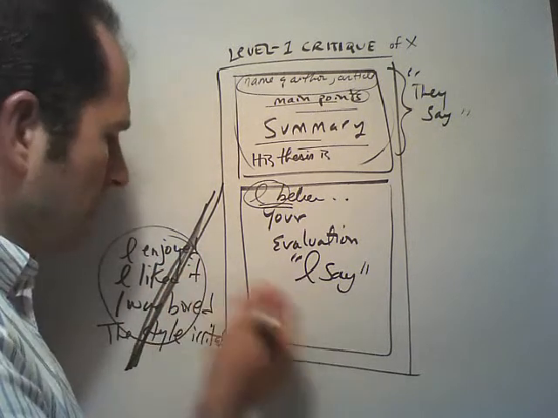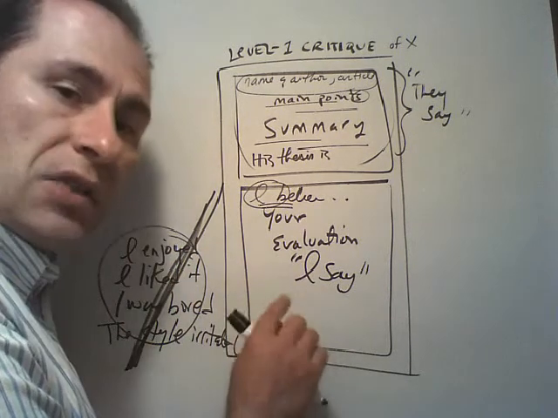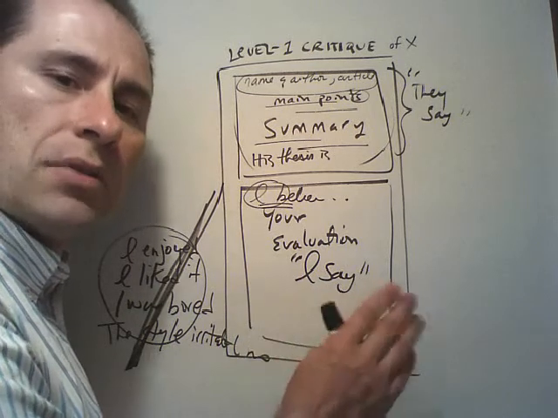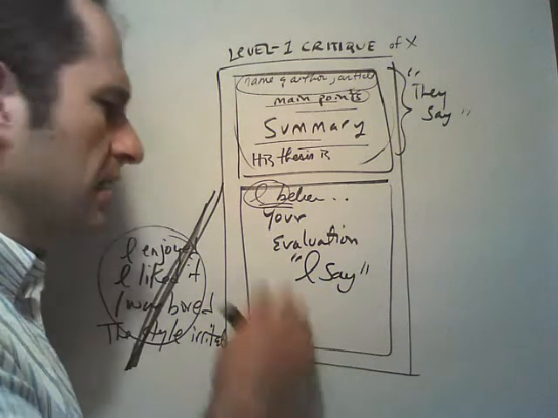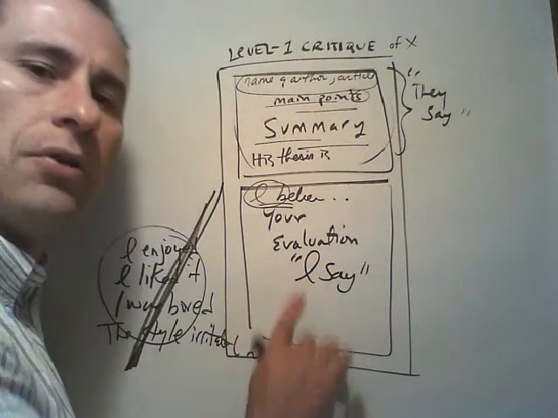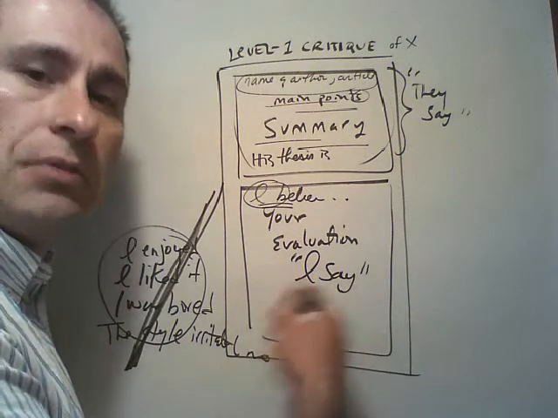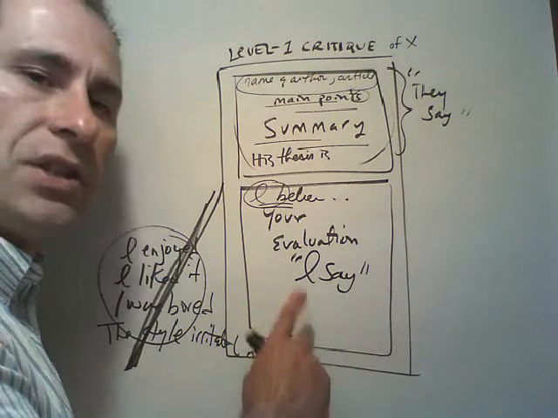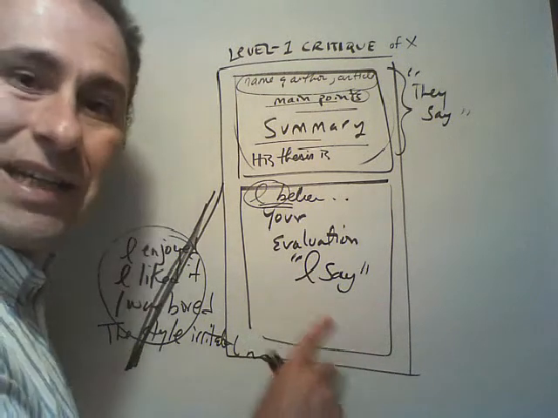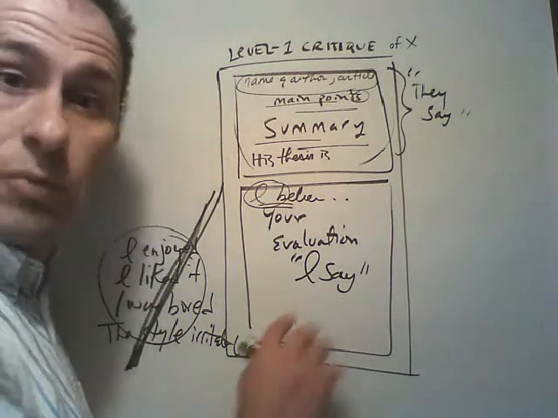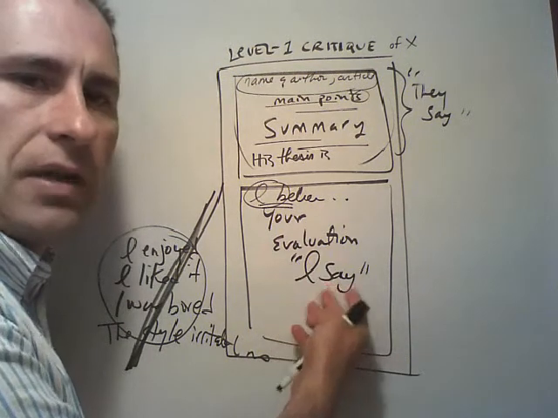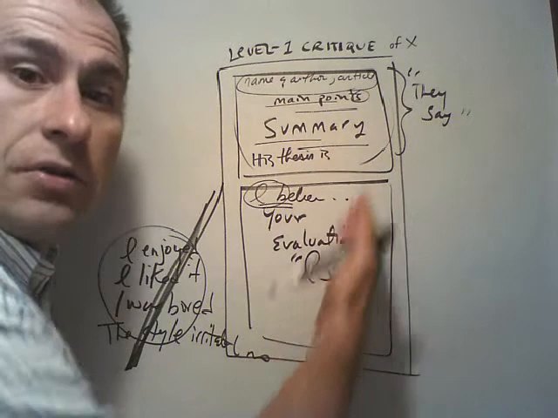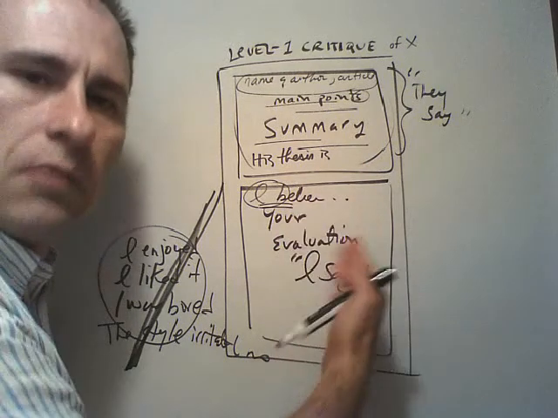Rather, respond on the level of, this is why I think he was right mostly, but not right all the way. Or this is why I think he misused the data. Or this is how I think she was not fair to the people she was objecting to. Or this is why I think she hit it right on the head. In fact, she overlooked how it's even more the case than she says. So you need to base your evaluation here on how the author uses logic, how the author uses data. What did you think about that?